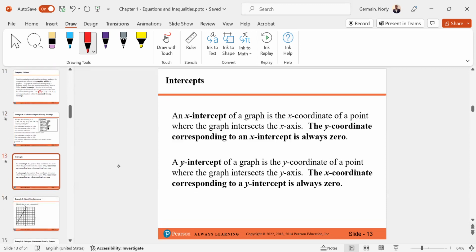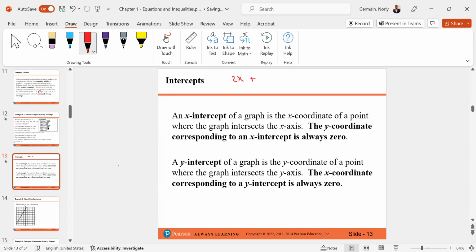Intercepts. Have you ever heard about intercepts? An intercept is where you intersect with the axis. That means anytime you intersect with an axis, the other coordinate is 0. An x-intercept of a graph is the x-coordinate of a point where the graph intersects the x-axis. Let's suppose, for example, we have